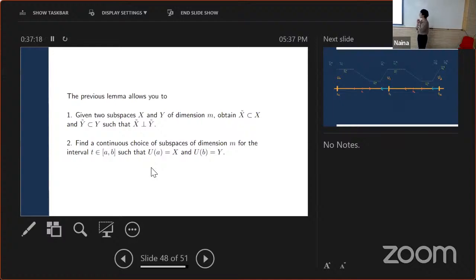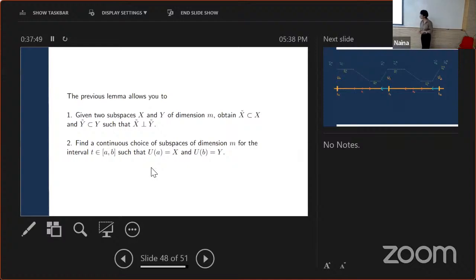But yeah, the main reason for proving this lemma is it allows us to do two things. If I were to be given two subspaces X and Y, what we wanted was to go to disjoint subspaces, right? Because we wanted to apply the quadratic convex combination. So this lemma allows us to go to a subspace X tilde in X and a subspace Y tilde in Y of half the dimension. So not cutting down too much, I still know that at least n by 2 of them are there, such that both of them are disjoint and orthogonal to each other.